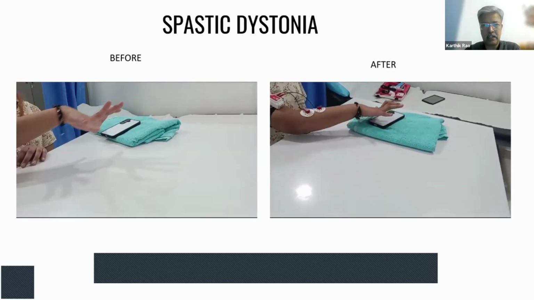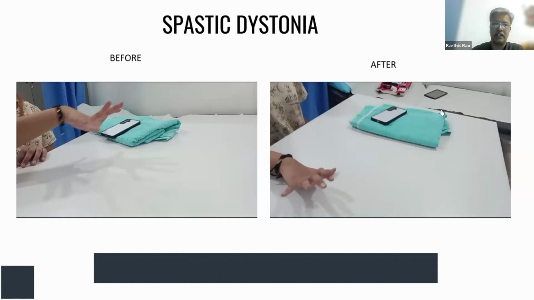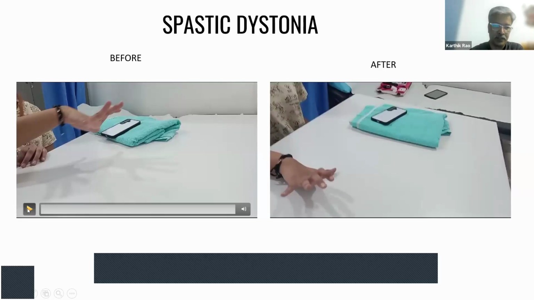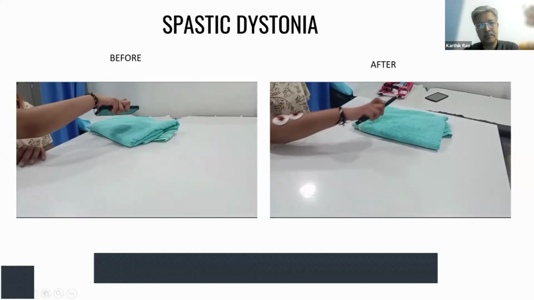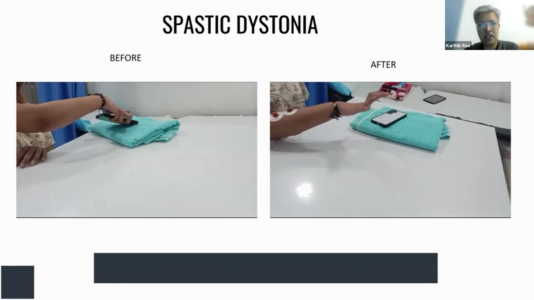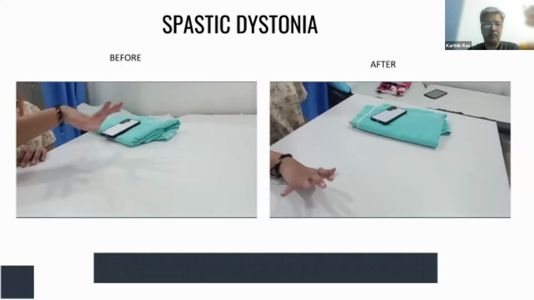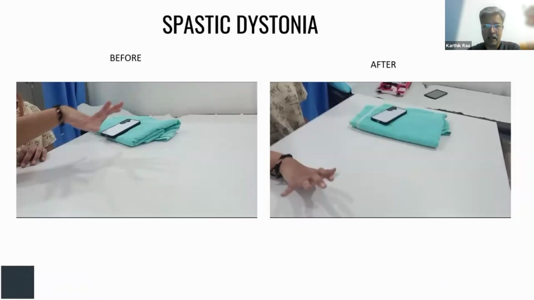With relative extension of the wrist and active finger extension. Now, if I play this video live, I'm going to play the left one first and the right one later. You can see the fluidity of movement, like how easy it is for her to let go of that mobile phone. By the time she is still releasing, the right hand is back in the post session. So this clearly shows us that there are some changes happening and there's some progress that has been made by the patient. That leads us to a lot of questions